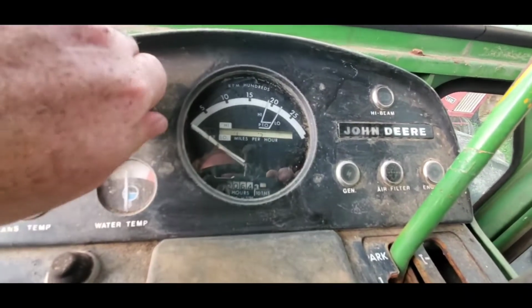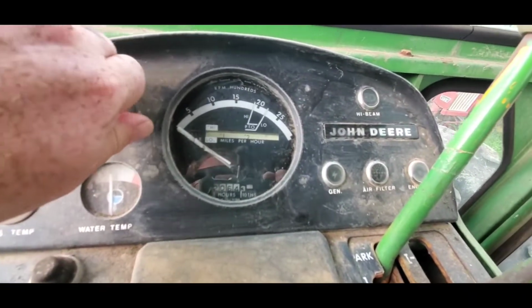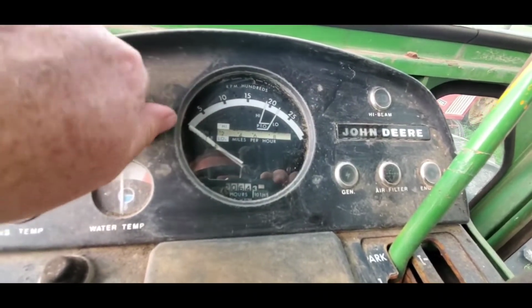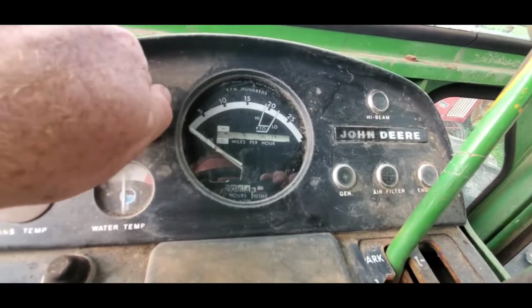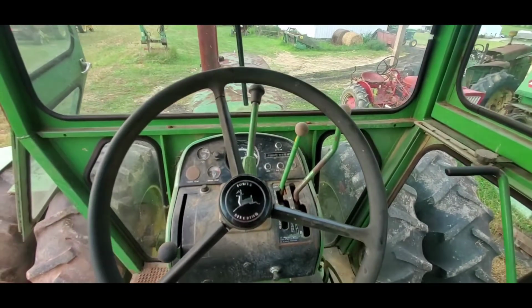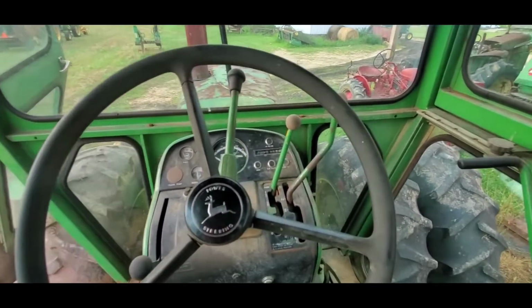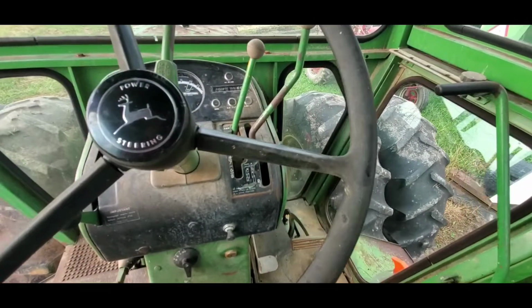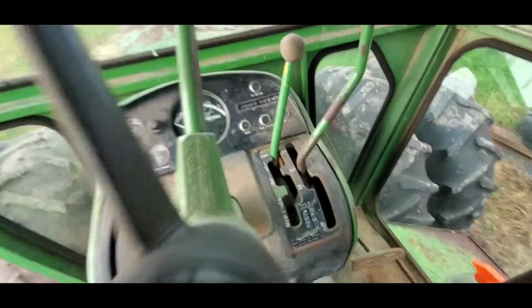And like I said, the high-low is basically just a gear splitter. Really it's like the direct and overdrive splitter on a semi, only this one's manually shifted, not air shifted, of course. But anyhow,